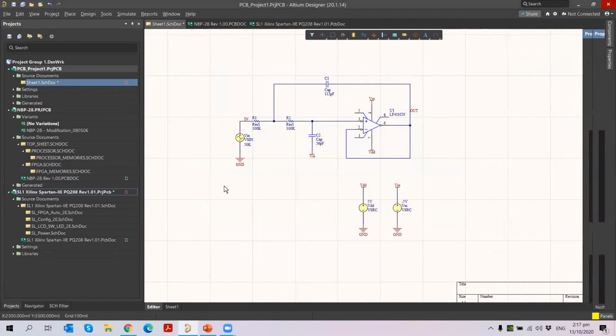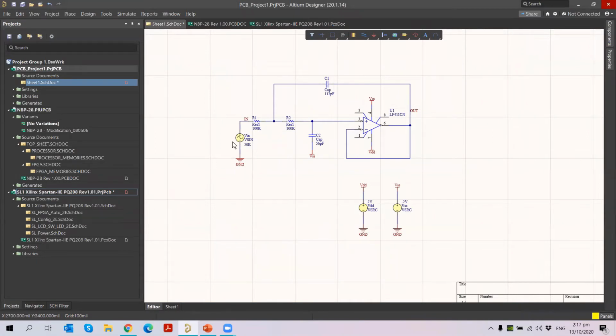So now we know how to do all this. The next step is, remember, normally you will not see this Simulate menu in your schematic document. Let me see here. You can see the Simulate menu here. It will not be available in your general Altium Designer when you open it, so you need to add it under Extensions and Updates. It's very important. Normally you will not be able to see it, so you need to go to Extensions and Updates.